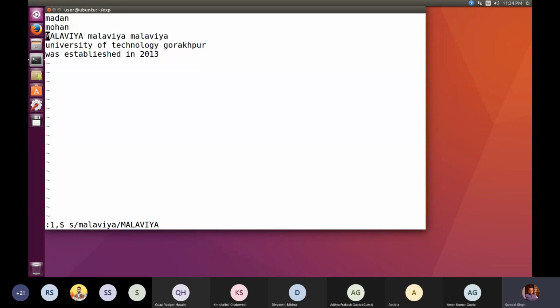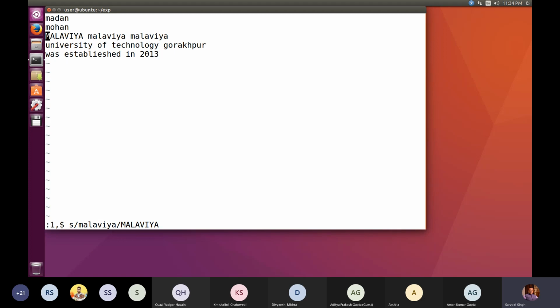So basically what is happening when I write $1, it is selecting the entire range of lines. Second is S, that means over this range what operation we wish to perform, search and replacement. So S is basically meant for that operation. Then oblique के बाद I am writing the pattern which is to be searched, and then oblique के बाद I am writing the next pattern which has to replace the older one. Now this replacement is applicable only to the beginning of every line. So in the third line it is getting a small Malvia as a first word.